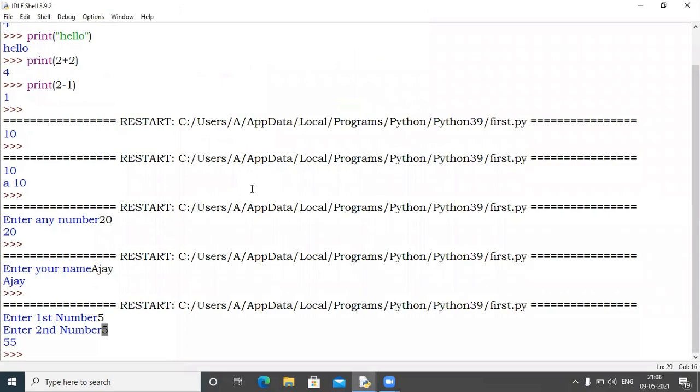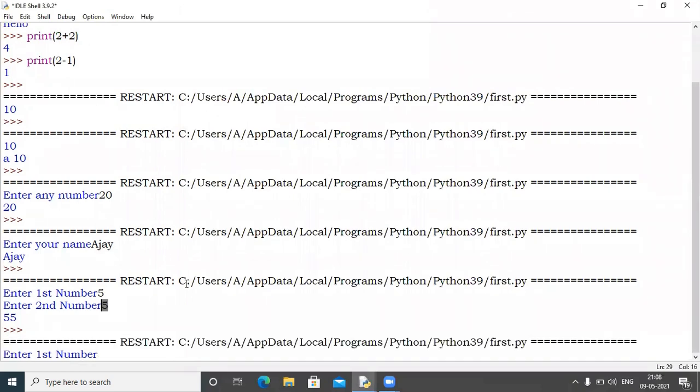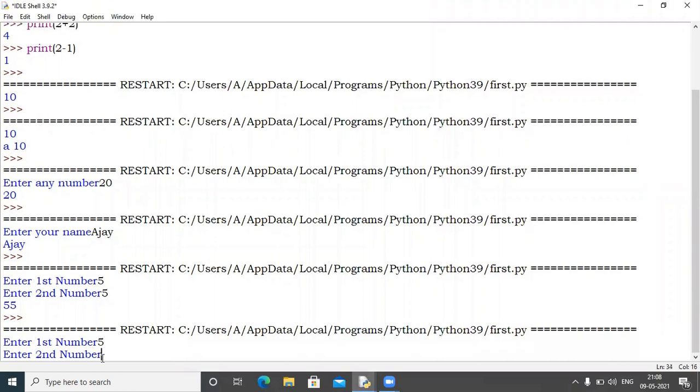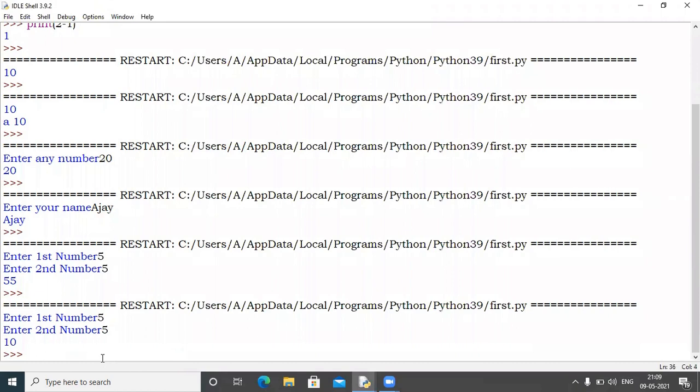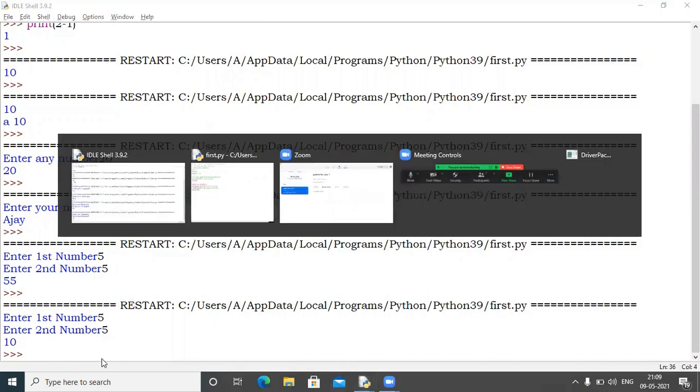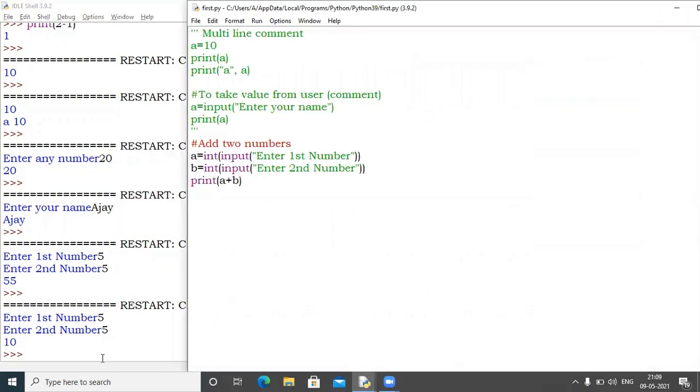And now I will enter 5 again, and 5. Now you will get the answer 10, because now the computer converted these 5s into numbers. If you add two numbers, you will get this output. I hope this is clear.